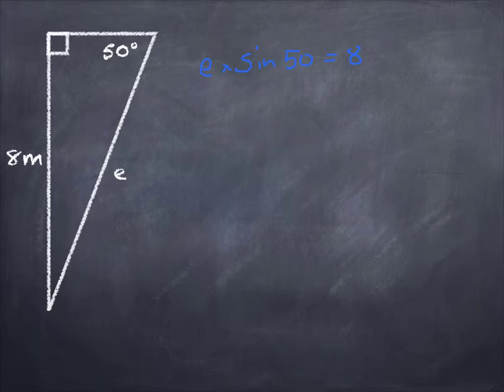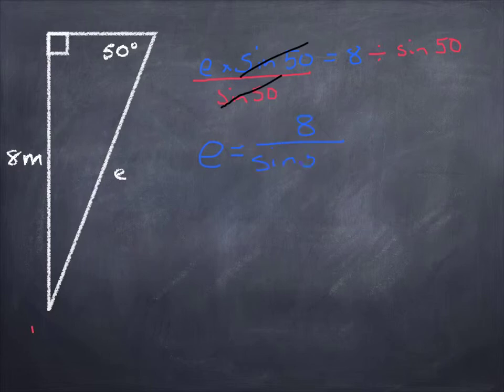We do that by, if this is times by sine 50, we need to divide by sine of 50. And again, obviously, do the same to both sides. So we're going to divide this side by sine 50. Now, as we've got sine 50 divided by sine 50, these two can cancel out, which is kind of what we're aiming for. Over this side, however, nothing we can cancel out, so it leaves us with e equals 8 divided by